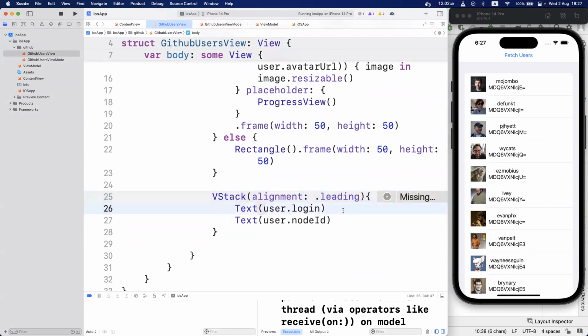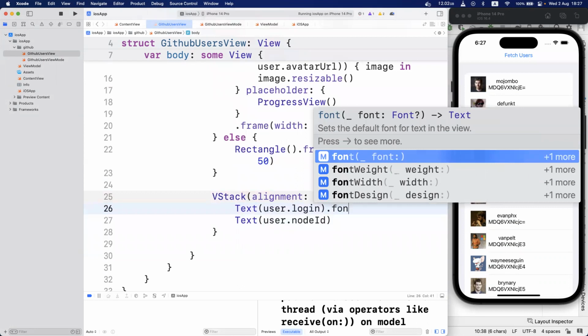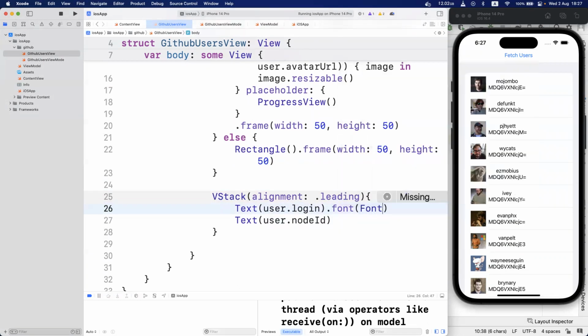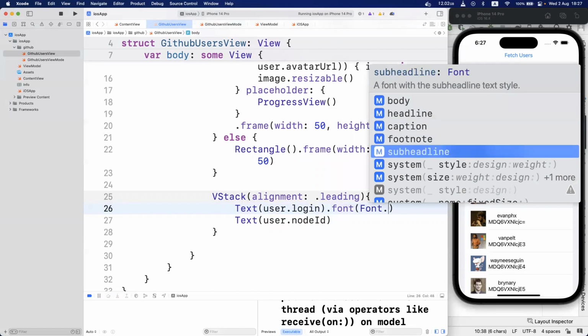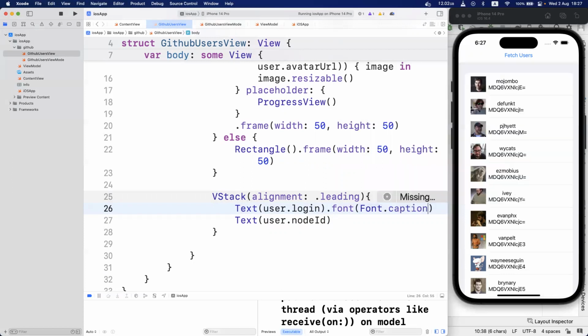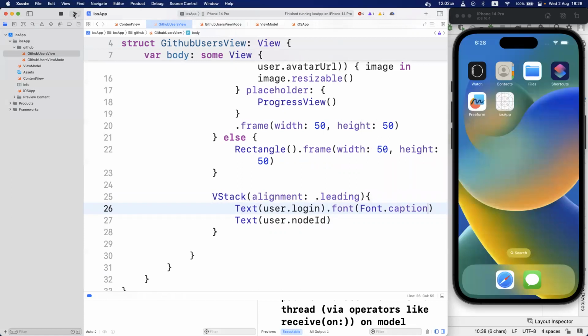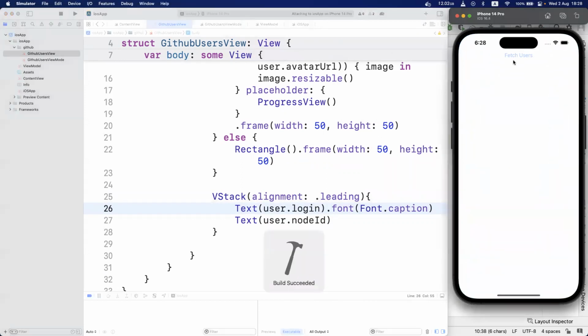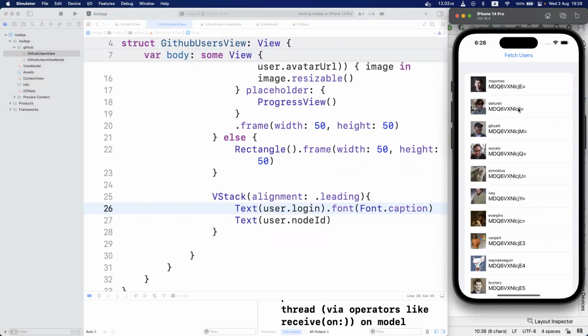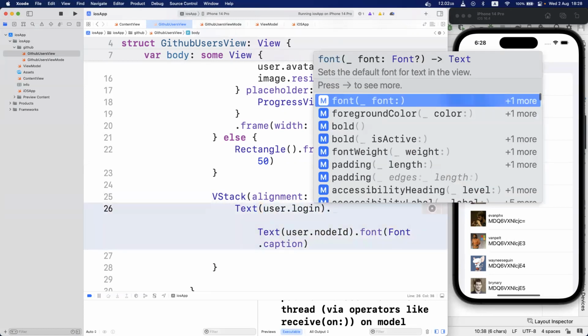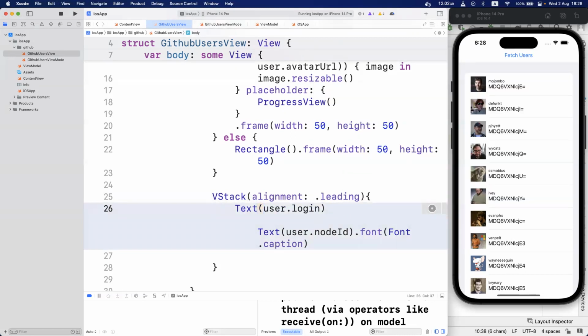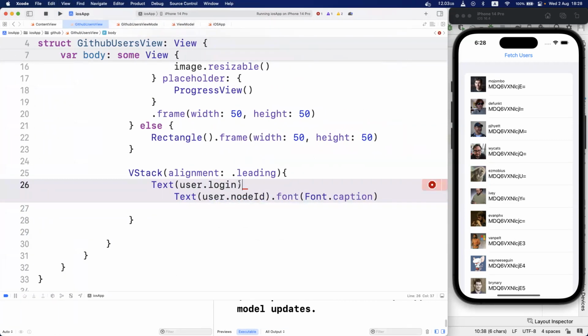Alignment, it's going to be leading, and the font for this, I will say font dot, this is something like a caption, so it is a little bit bigger than the other one. Fetch users, I know it's the other way, so I will put caption in here for the note, and I can say size. Oops, better if I